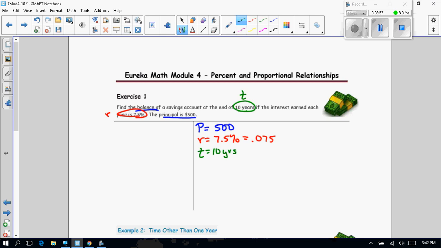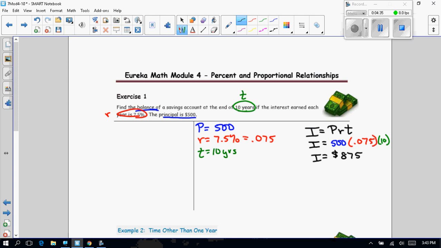Now, I try to remember this formula by a little sentence. I party, PRT, right? I party. And kids always laugh when they think of Mrs. Hoekstra partying. I don't know why. I know, that's silly. So 500 times the interest rate, because 500 is our principal, and our interest rate is 0.075, and then our time is 10. And we just type that in, simple interest, type it all in on our calculator, and we find out that the interest is